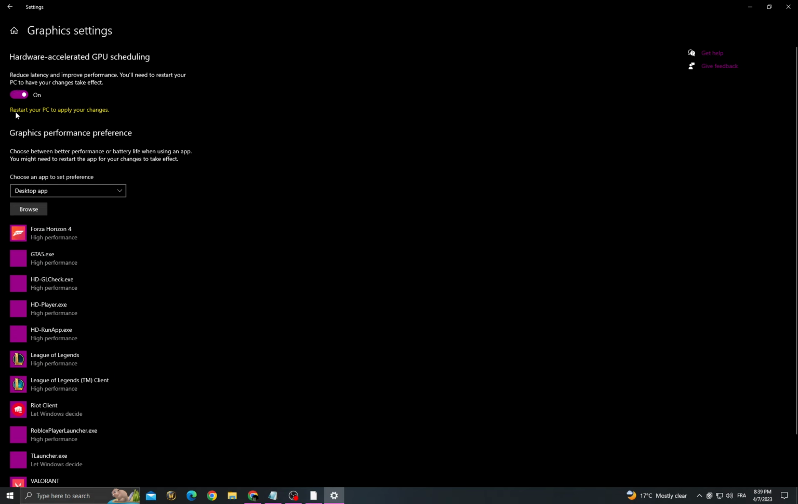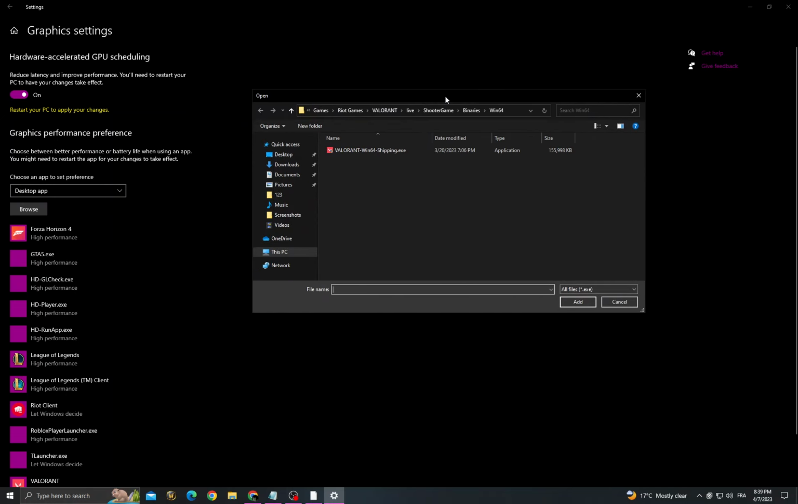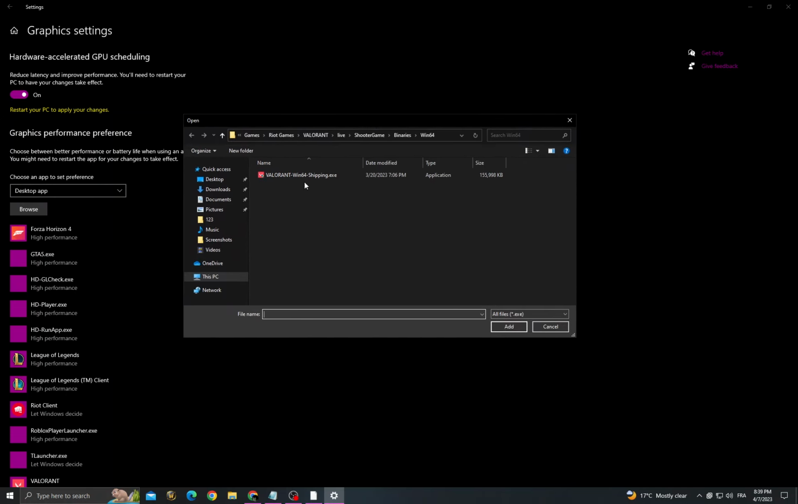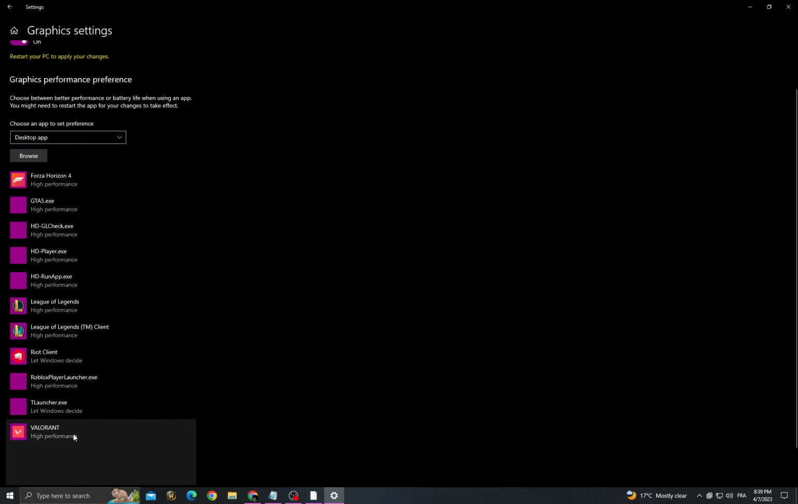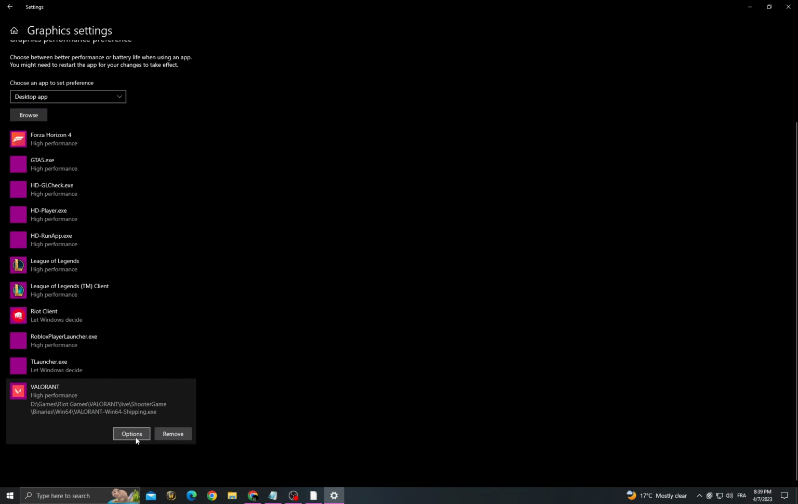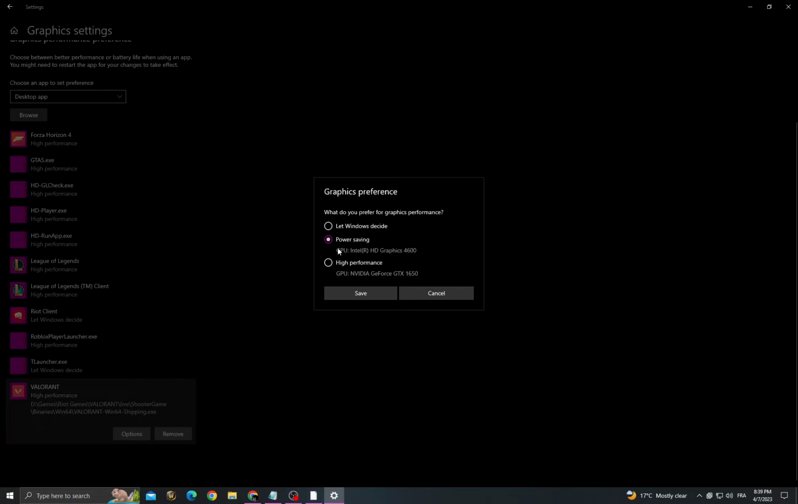After that restart your PC, and after starting your PC come back here to graphics settings, go to browse, and now let's take Valorant as an example. Now you will need to find the Call of Duty Warzone 2 file location, and then just click on it and add that, and after that go here, you will find it and click options, and then you